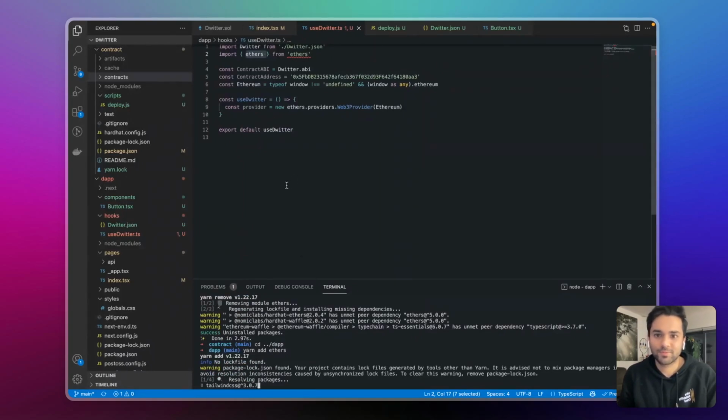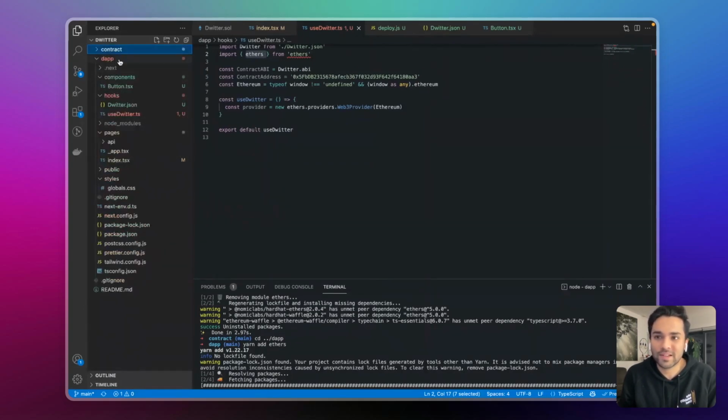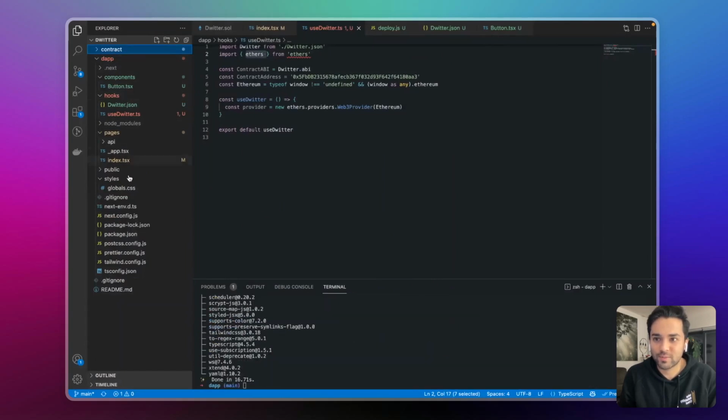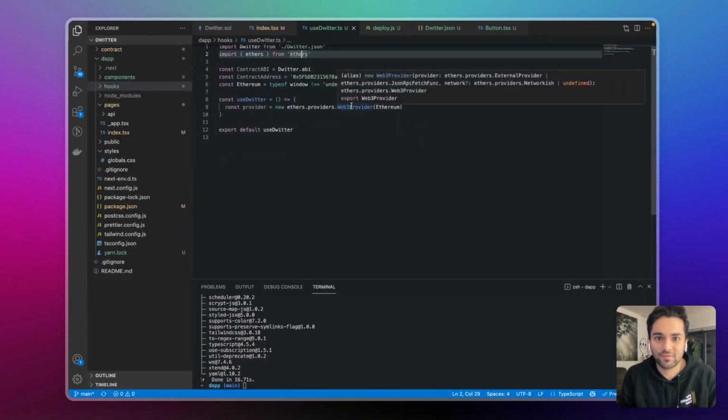That is the kind of problem that you will face when you have a monorepo with two separate projects which both have node modules. Usually this would be something else and only this part would have node modules, but they both have their own node modules which need to be separate. So this is why. So now we can see that Ethers is resolved and we can get a Web3 provider